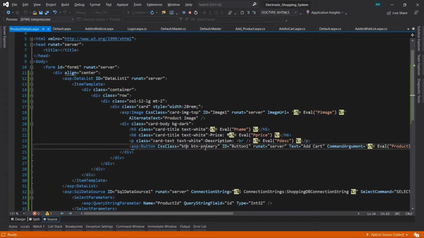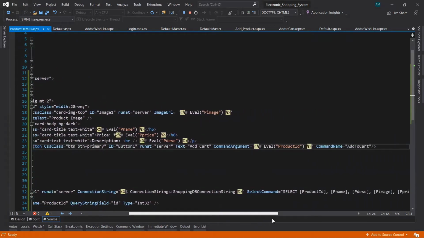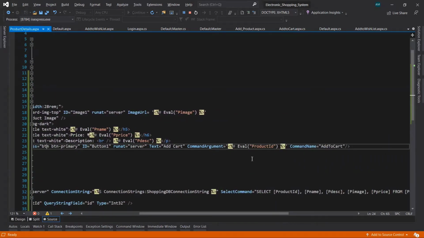After that, I have given the text as Add to Cart to the button, and in command argument, I have given the product ID, which is coming from the product table, and command name I have given AddToCart.